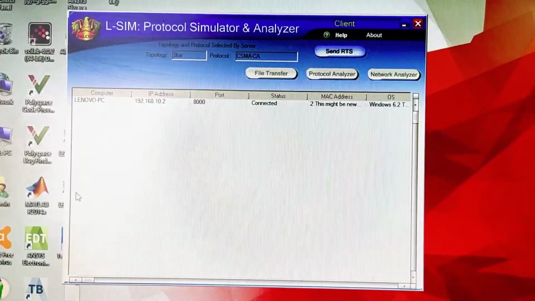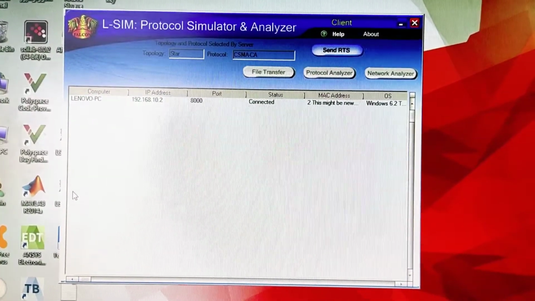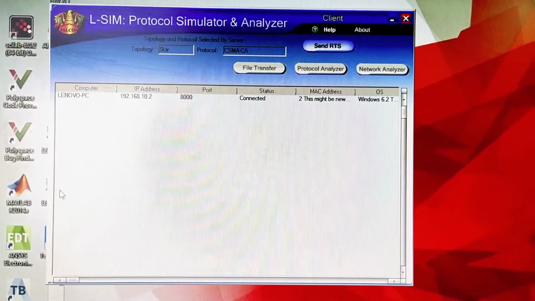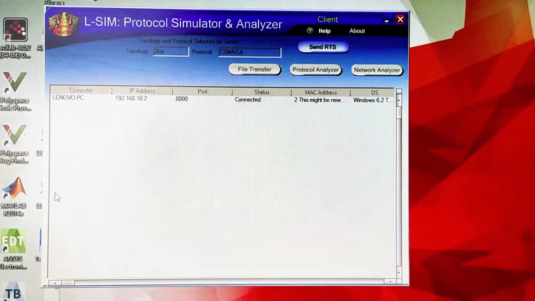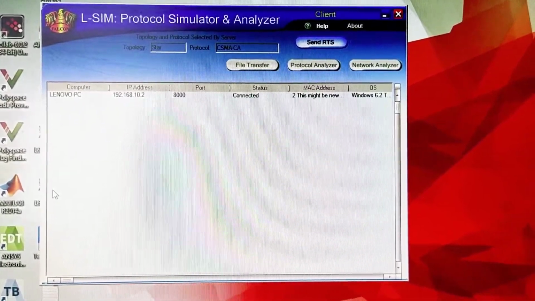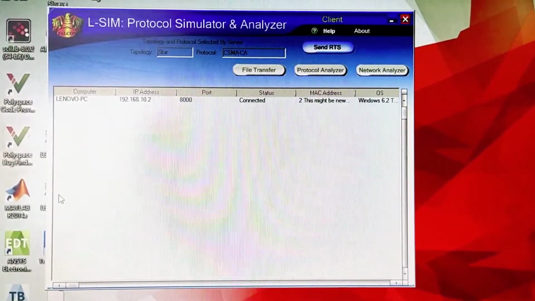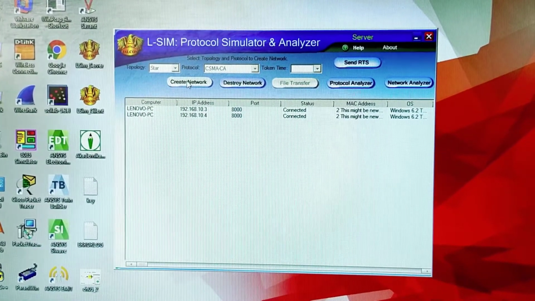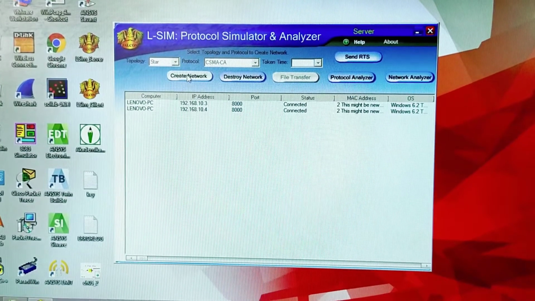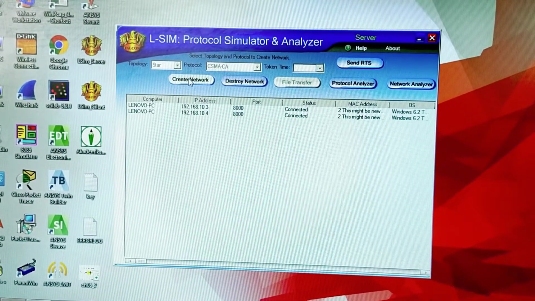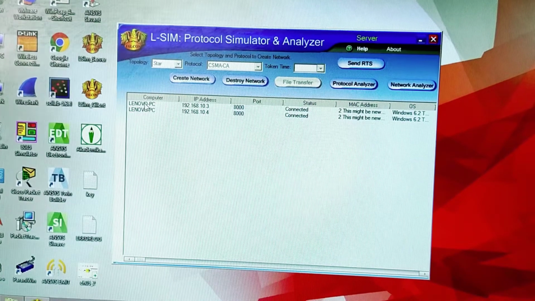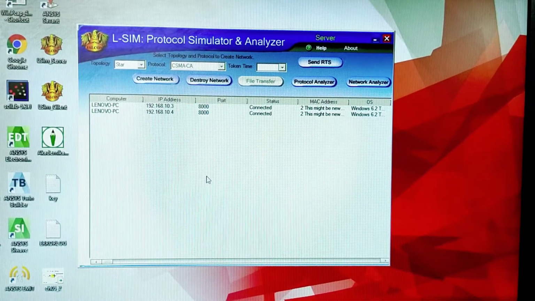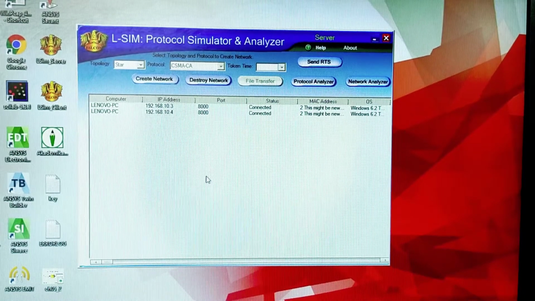Both the client windows will be refreshed and will have functionalities like this. The one button that gets enabled after this configuration is send RTS on both the clients. The same button is available on the server also. So let us start it. Let us start communicating between machines by means of file transfer. Now on all 3 machines you will see the send RTS button.